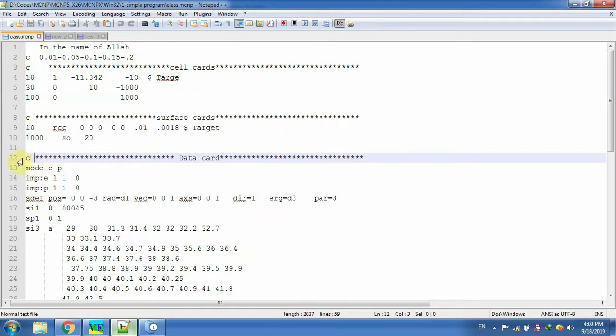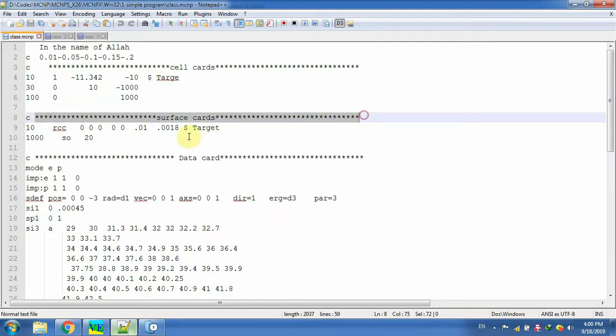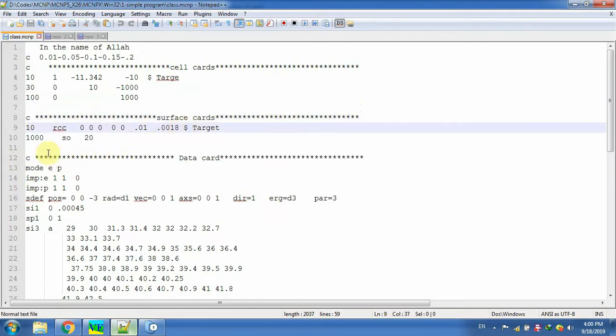Here, as an example, C plus space shows that what we write here is a note. It's not a command of MCNP. Here also, but if I want to write a note